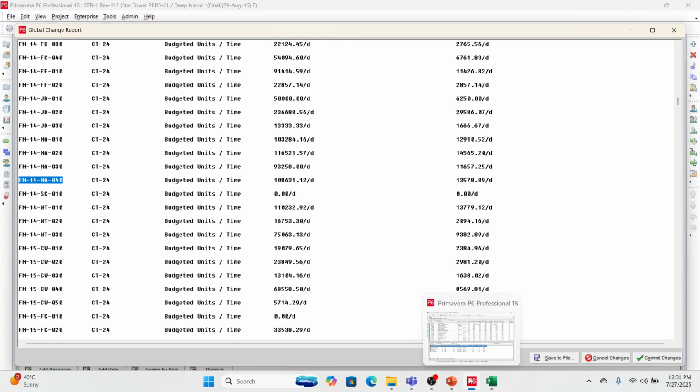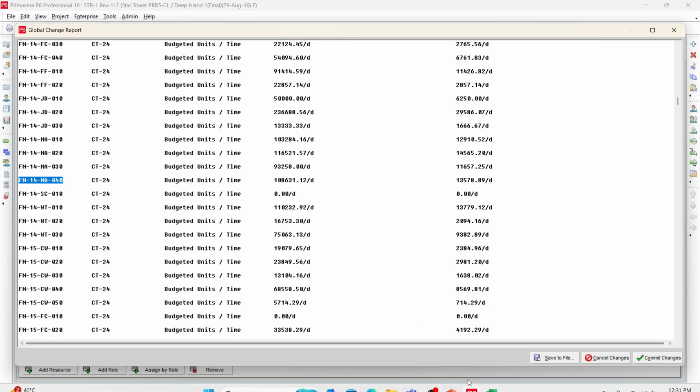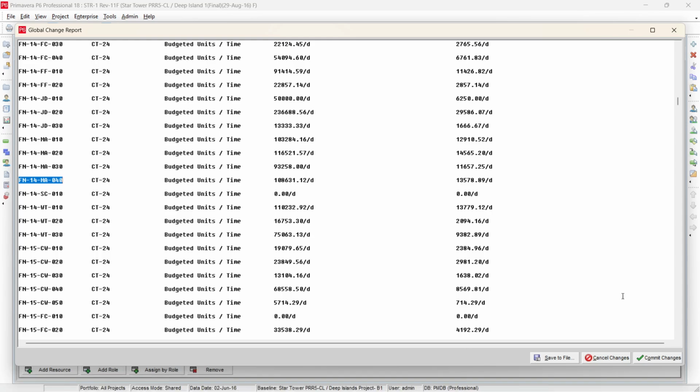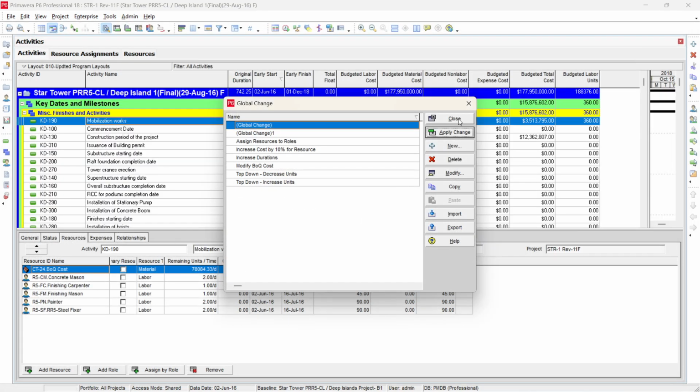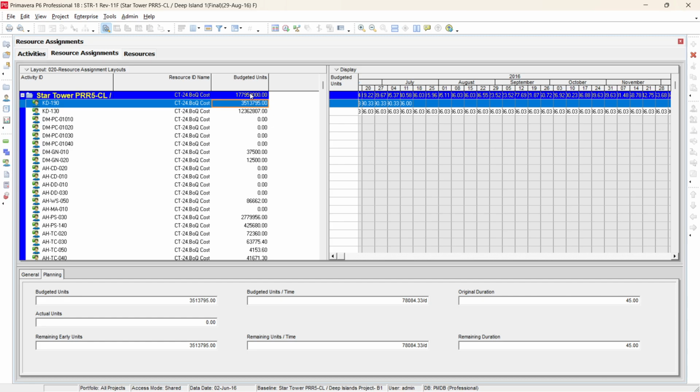So I just go in Primavera. Okay, it is not difficult to change. Okay, no problem. We just commit the changes. Already we have the file. Do you want to save the log? No. Okay. So now if you go here in resource assignment, you can see that our budgeted unit is coming